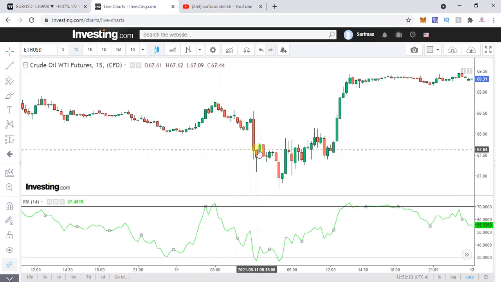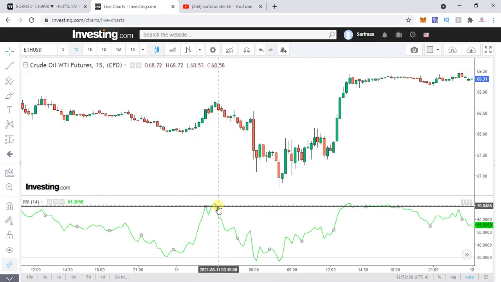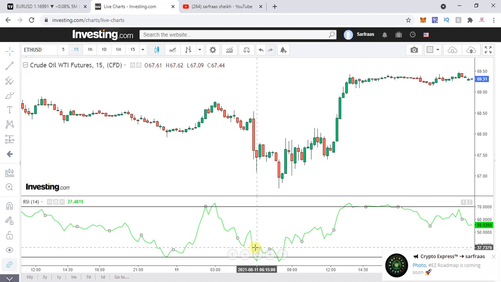The candlesticks, you can see there is a fall over here, so accordingly you can see that the RSI is also falling. As we have mentioned, 70 and 30 is the zone between which the RSI moves up and down. But when the RSI falls below the level 30, somewhere here, you can see the RSI is below over here, that is the time we say the RSI is in the oversold zone. What it means is that a lot of selling has taken place, and now the sellers are getting weaker and there are more buy positions.